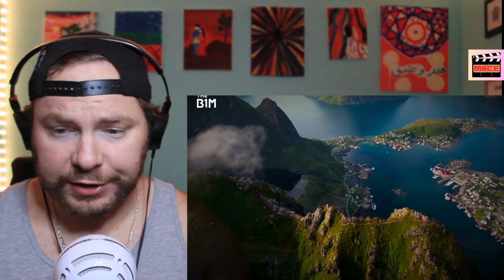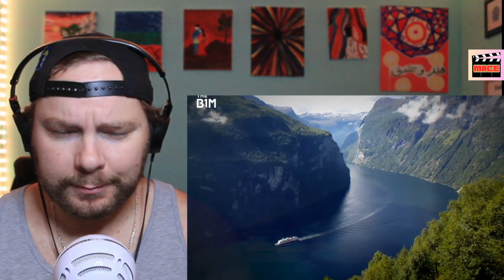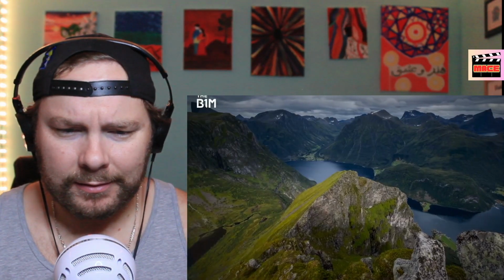Norway is home to some of the world's most stunning scenery, fjords, but it's not exactly easy to get around. For centuries, humans have found navigating its network of glacial valleys